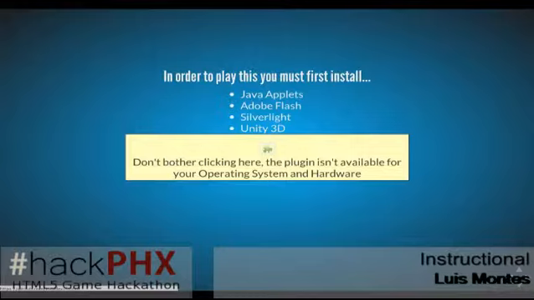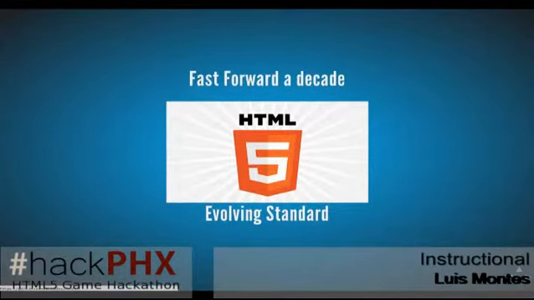So what happened now? Where are we at? We're in HTML5. Well, what does that mean? HTML5 is just HTML. It's just new stuff for us to use. It's an evolving standard. So some people might be wondering, are we able to just use this if it's an evolving standard? It's not finished. It's finished in the way that English is finished, right? Like we can go ahead and use it right now. There's some problems, and things are changing, but we can go ahead and just jump in and start using it.